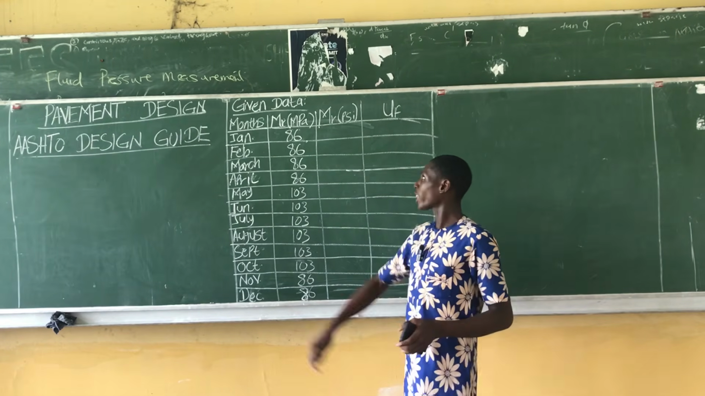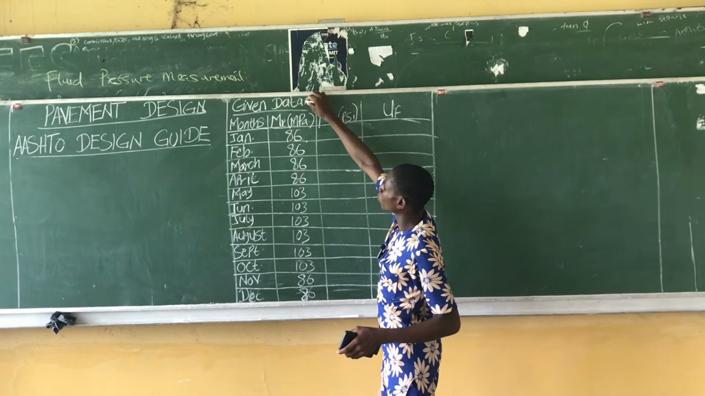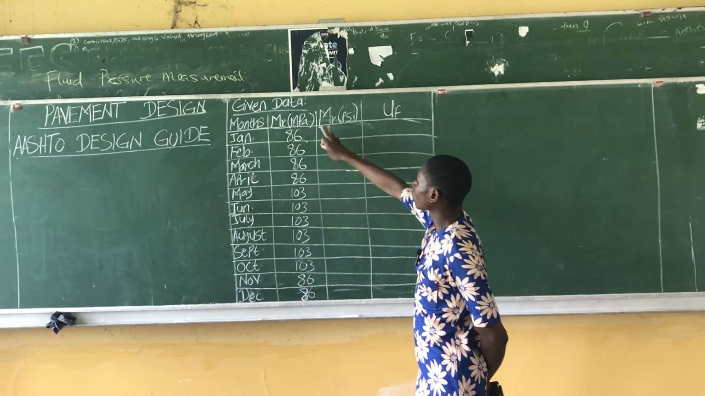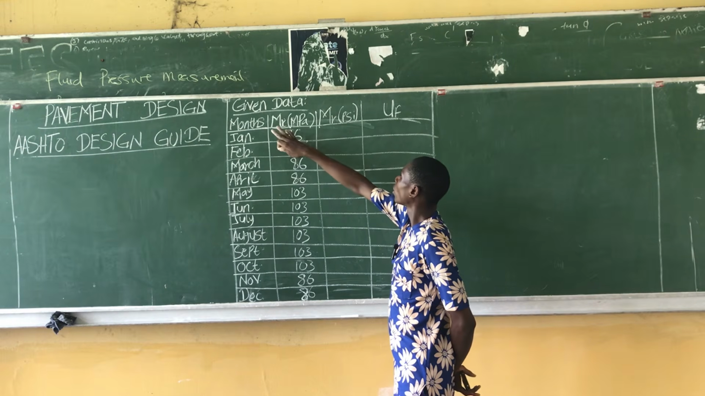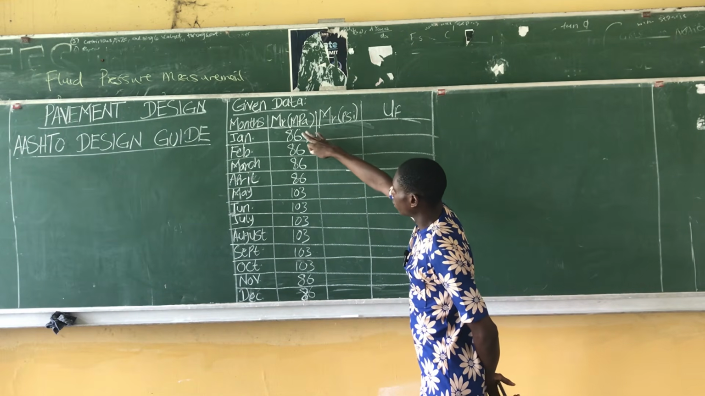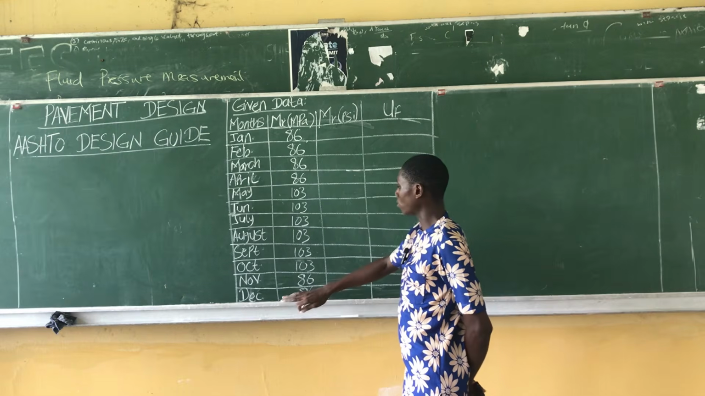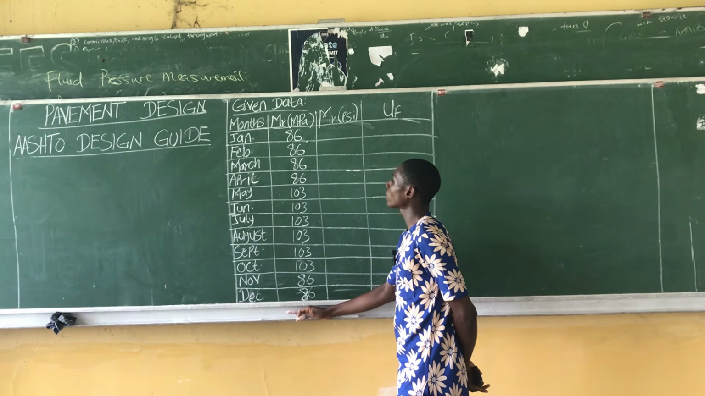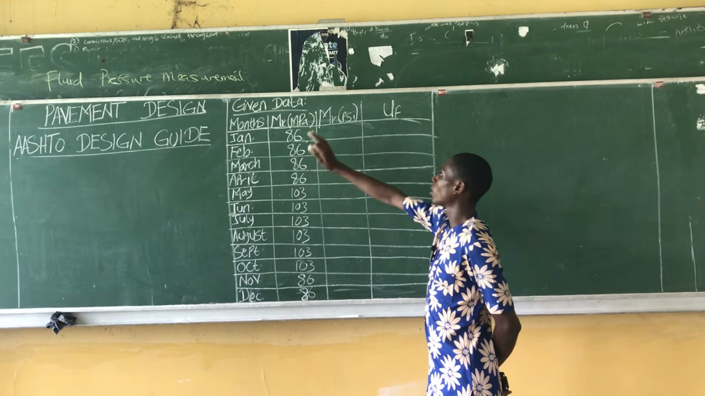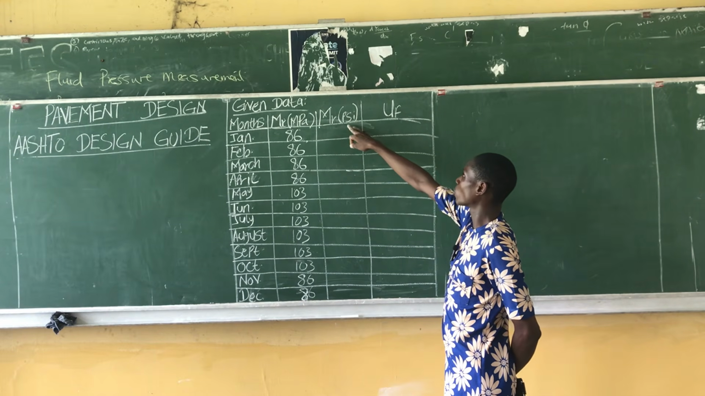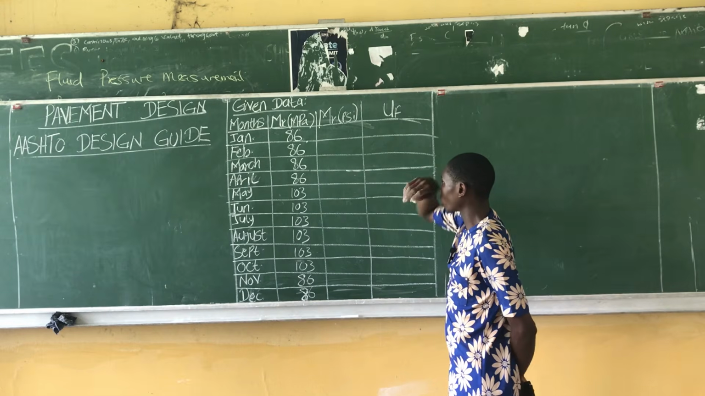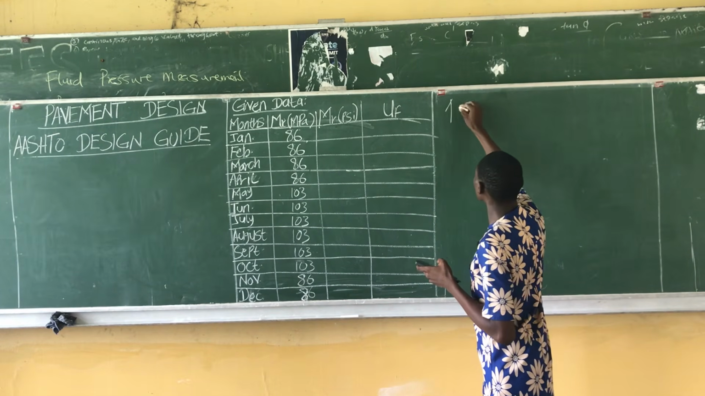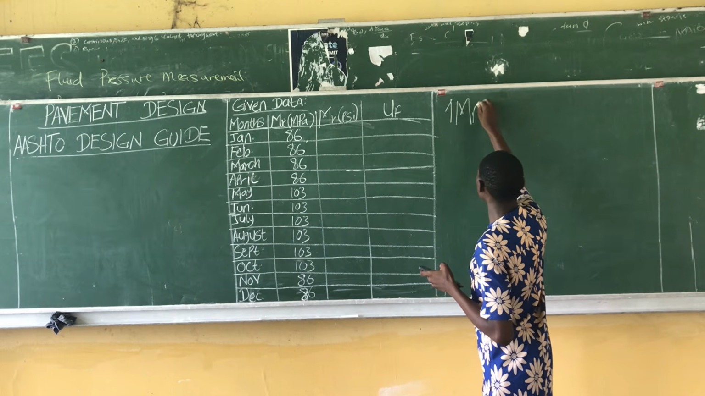Okay, so from the question we are given the months from January to December, and the resilient modulus in megapascals up to December. To get our effective resilient modulus, the first thing we do is get our resilient modulus in pounds per square inch, which is PSI. From the question we are given that 1 megapascal